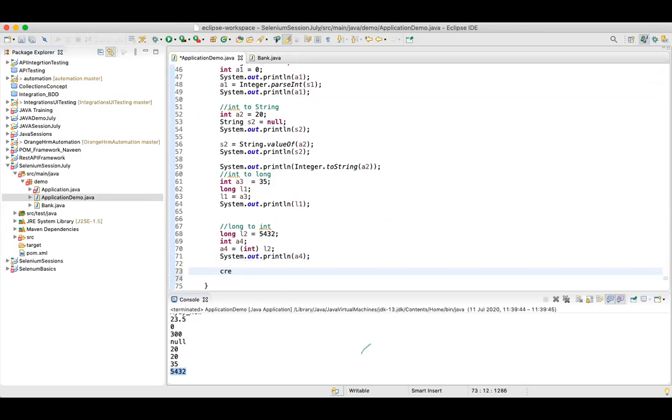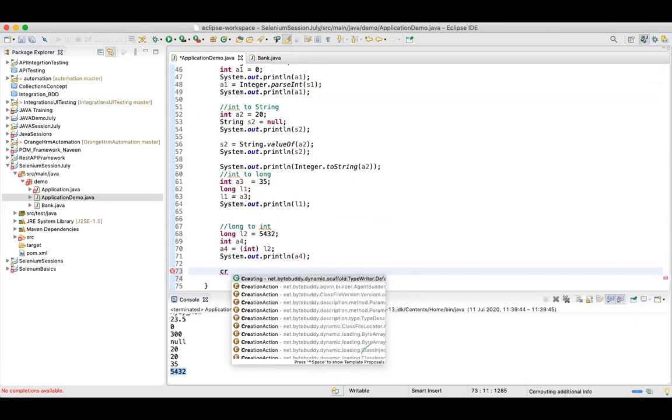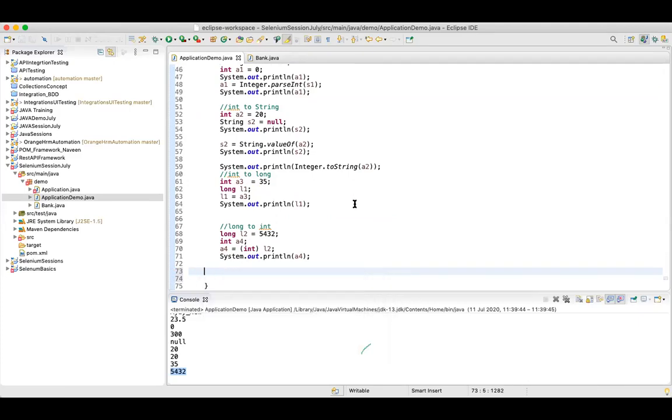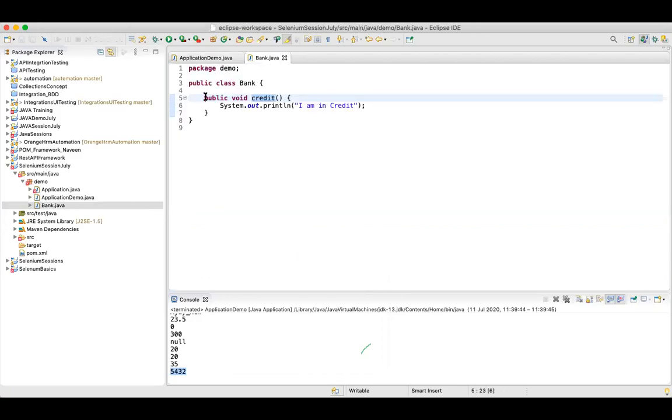So I'll say credit. No, it's not giving me an option. Okay, so if you want to access methods or maybe variables, data or methods of a different class, first you have to create an object of that particular class.